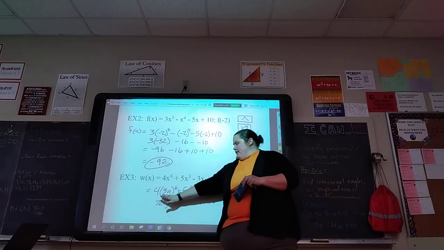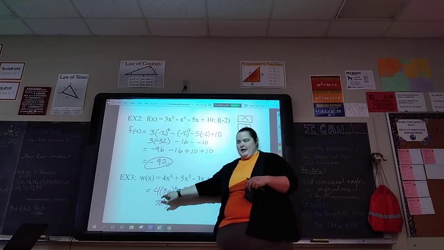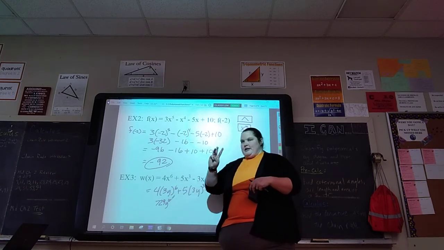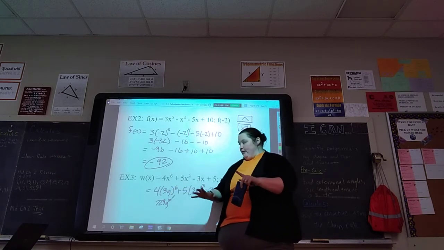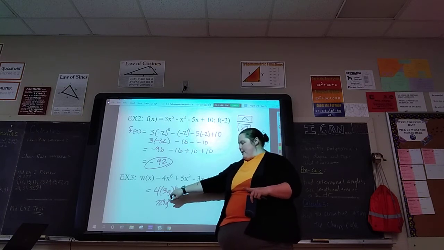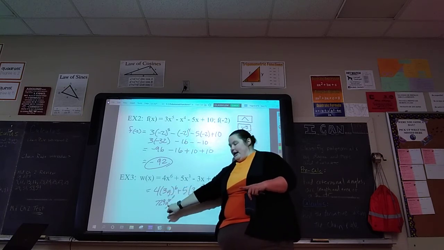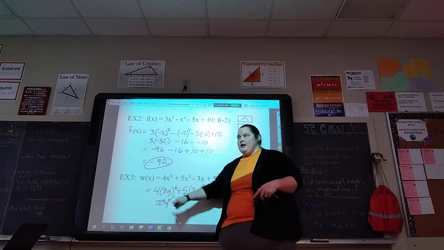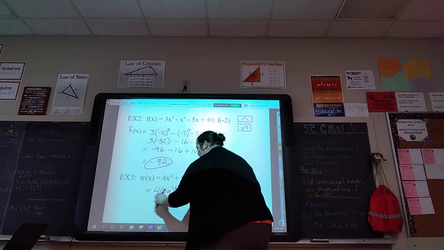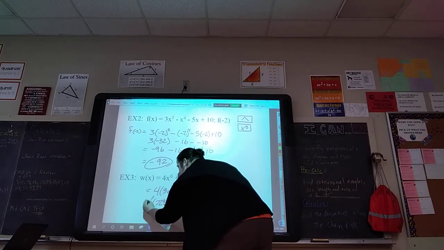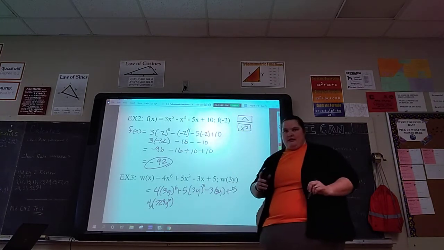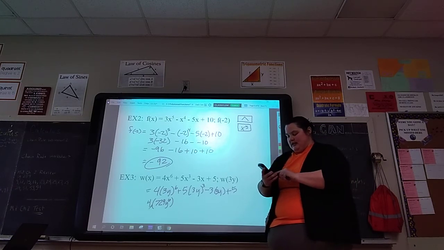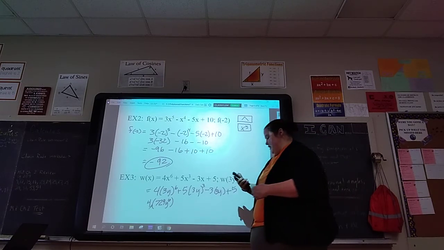So whenever you have a variable and a number with multiplication raised to an exponent, it's saying 3y times 3y times 3y times 3y times 3y times 3y, which means you need to take 3 to the 6th power, and also y needs to be to the 6th power as well. So both the variable and the number get the exponent. Then, again, we take it times the number in front. So again, do the exponent first, then take it times the number in front. So that's going to be